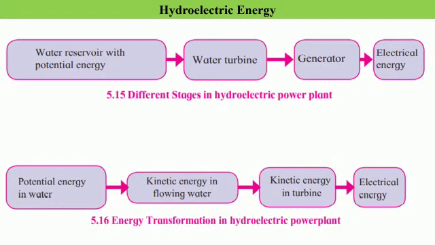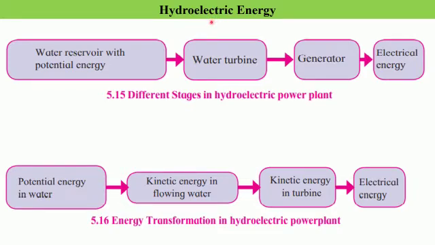Seeing the various problems associated with the production of electrical energy with the help of conventional sources like coal, nuclear energy, or fossil fuels, we need to turn towards those sources of energy which are renewable and at the same time do not cause any kind of pollution of the environment. One of those sources is hydroelectric energy. When we produce electrical energy with the help of hydroelectricity, we make use of water.